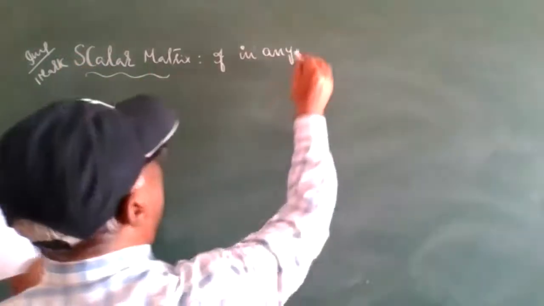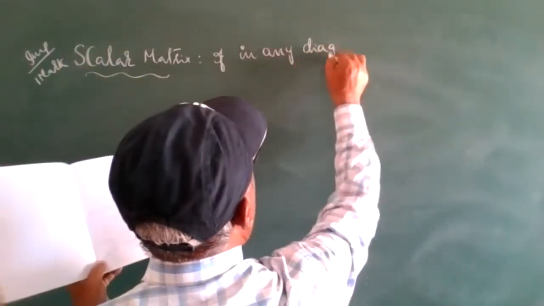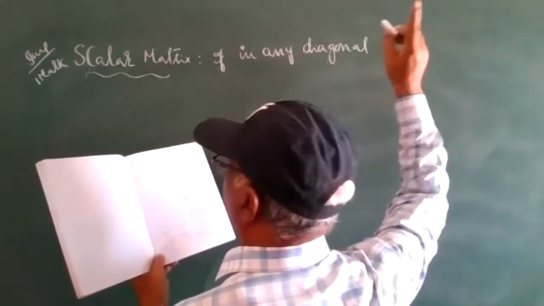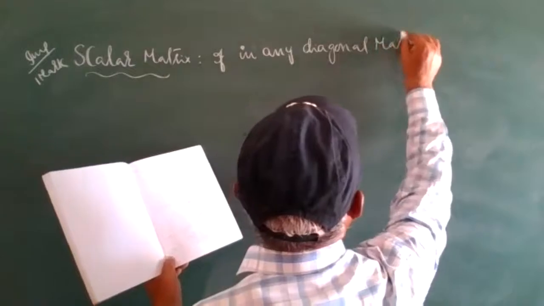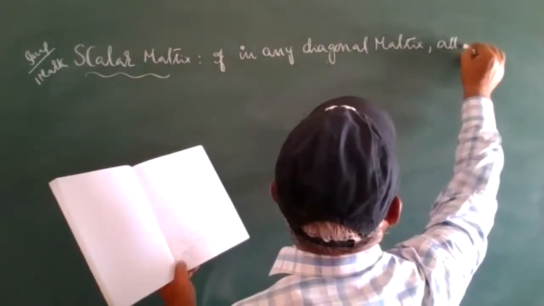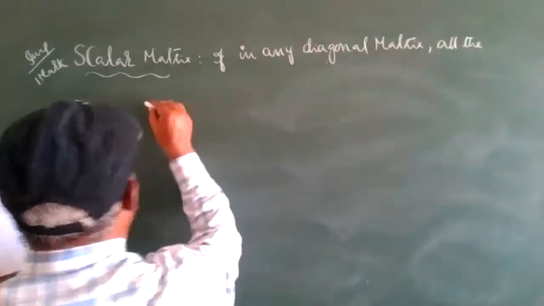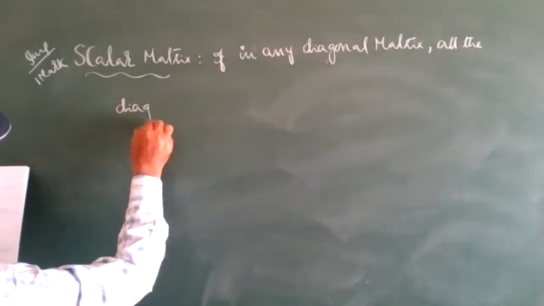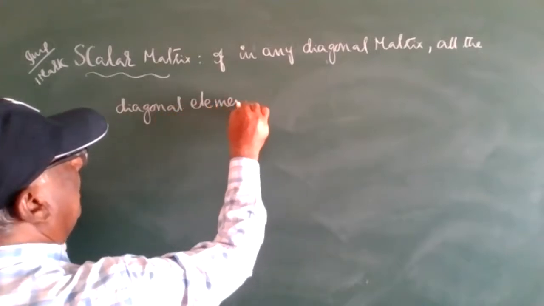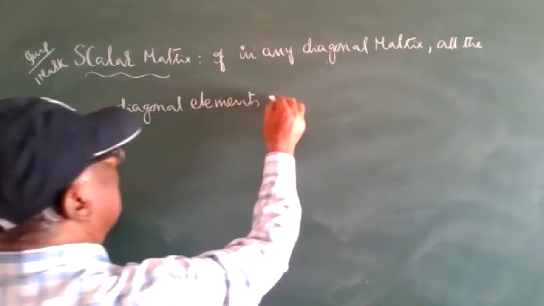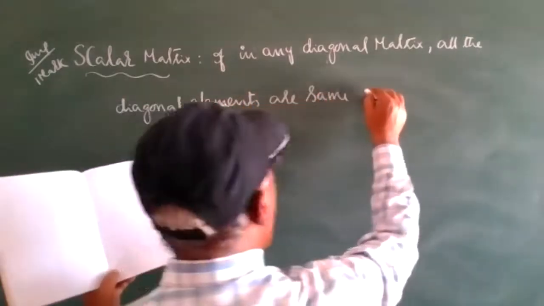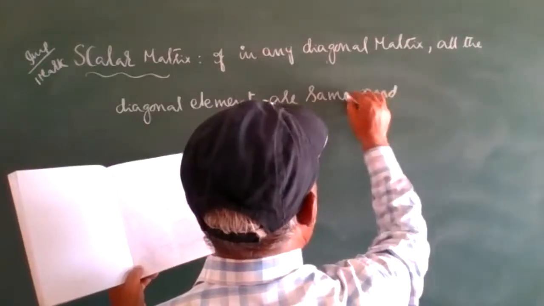If in any diagonal matrix, meaning only the principal diagonal, the first-element diagonal, all the diagonal elements are the same and equal,